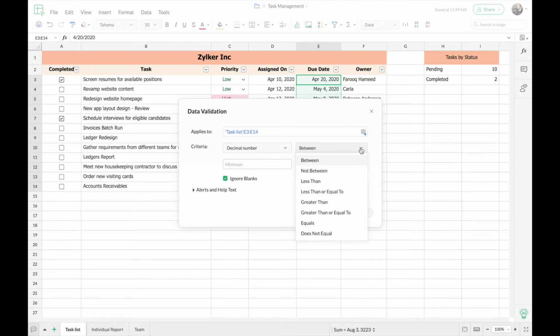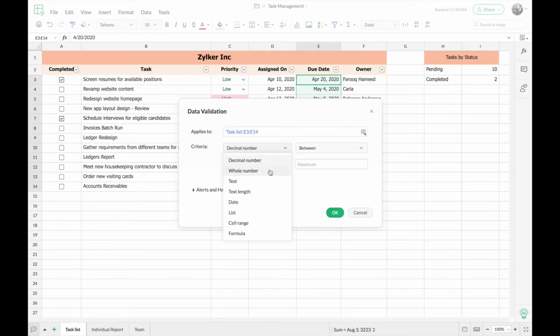So here you can set rules such that only values that are between a certain range can be entered in a cell range, or values that are greater than, less than, equal, or even not equal to certain values can be given in the cell range. So here when the criteria is given as between, below the drop downs you can see that there are fields, so you can enter the specific values for the range. So now we'll see the rest of the formats too.